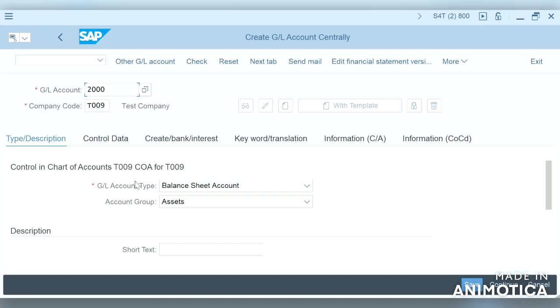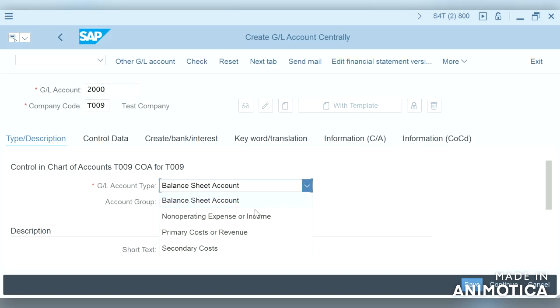Now we move on to GL account type. We all know that we will be grouping the GL accounts into 4 categories: assets, liabilities, expense and revenue. Normally, a balance sheet account is referred to with X, and N is for non-operating expenses or income, which is a profit and loss account.